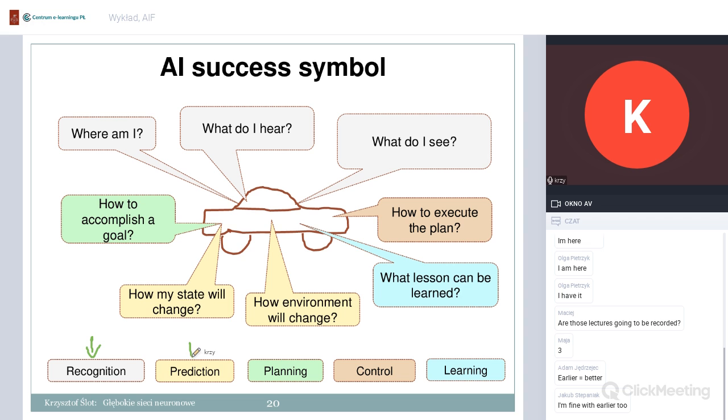Next, it has to make predictions. It needs to understand that if you would like to take an action, these actions need to be taken appropriately so that you can get to a goal, a desired goal. So it involves predicting what will happen if an action will be executed and how the world will change if the action gets executed.